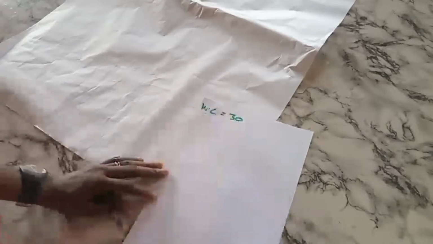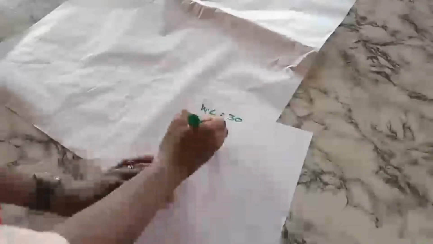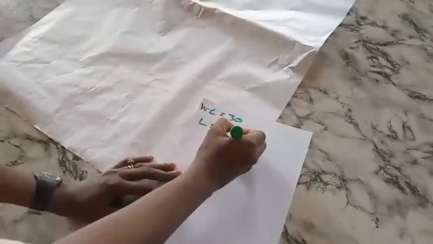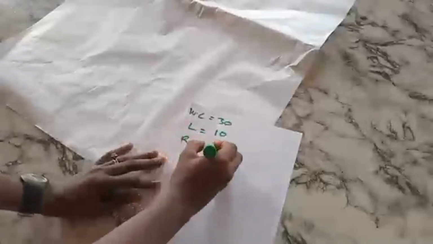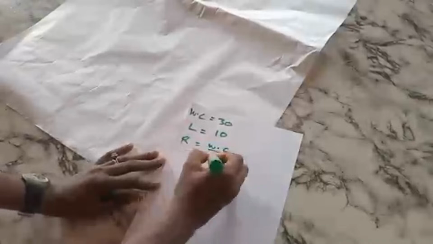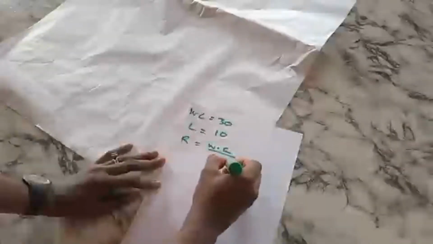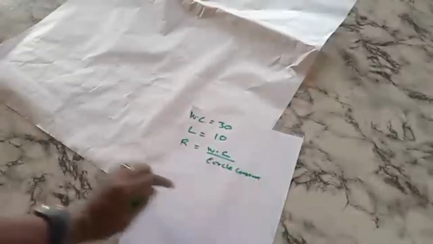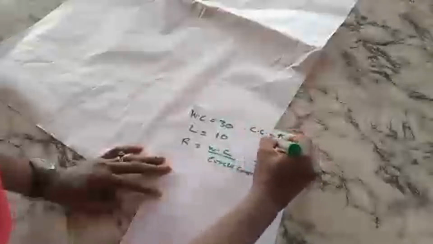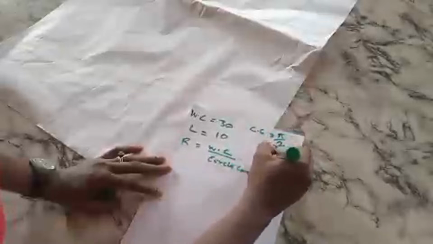Let's say we're working with a peplum length of about 10 inches. That is what we are working with here. I want to make a draft for just 90 degrees, so we do the division as before. My radius is equal to my waist circumference over my circle constant. For 90 degrees, the circle constant is pi divided by 2, which puts me at 1 point